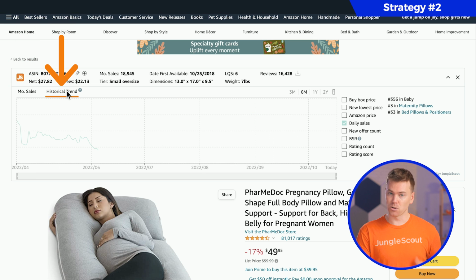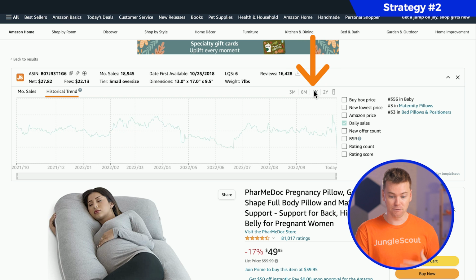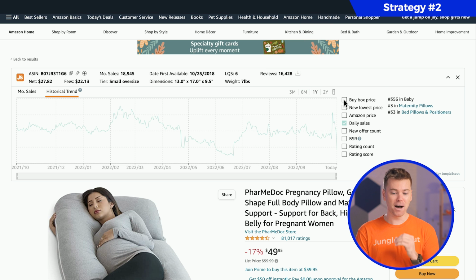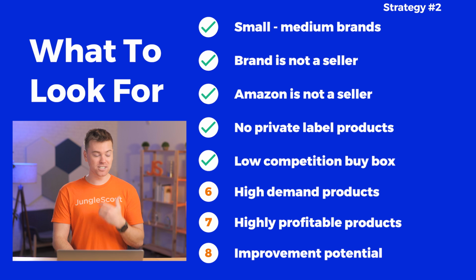Also, this next tab, historical trends, will allow us to see the monthly and daily sales even for this product over the past 2 years. So we can really start to track this and see if there's any peaks and valleys. And you can even see the buy box price over time, which is the next thing we want to look